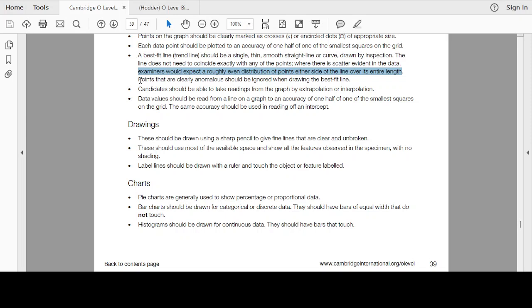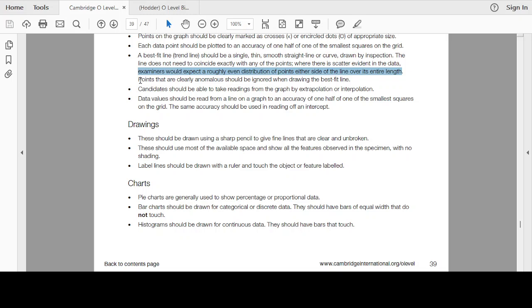So best fit line basically means that you are seeing the distribution of points and the trend, and then you're going to draw either a straight line or a curve depending on how the data points are going. The line or curve does not need to pass through any points. If it is passing through any of the points, well, sure, but don't try to adjust the line so that it passes through a particular